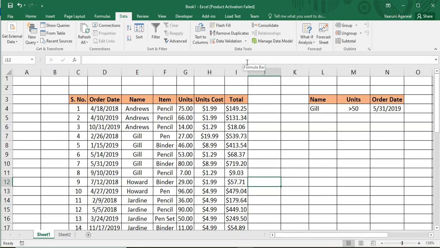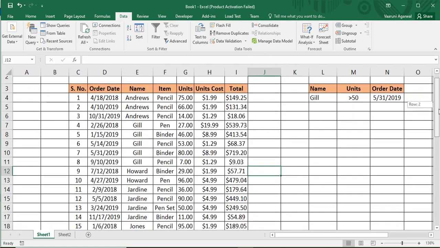And third is the location where we want to paste our filtered data. If we want to filter the data in the table only, then the location and the source data are going to be the same. Otherwise, we have to keep in mind the location where our data is going to be visible after filtering. Okay, so here what we have in our sheet is the source data,